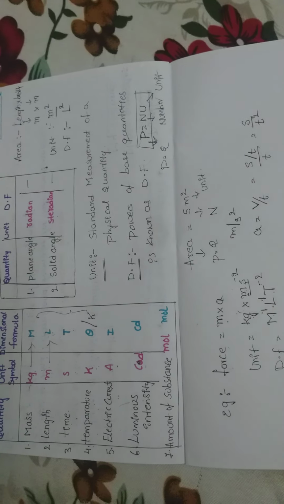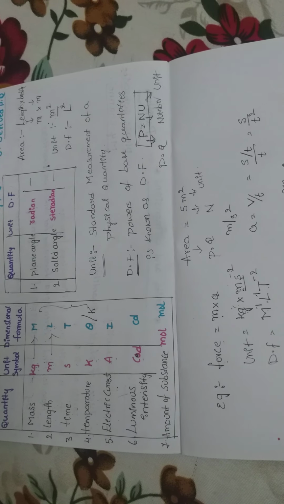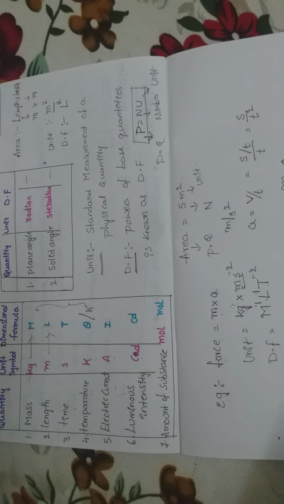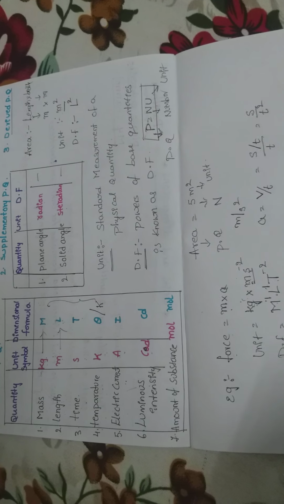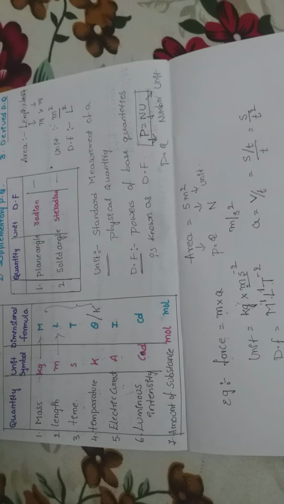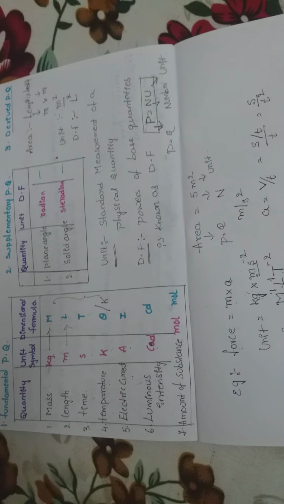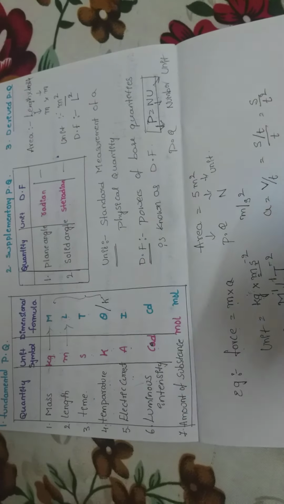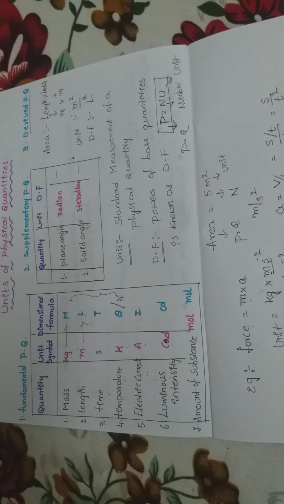Like that we should write the units and dimensional formulas for derived physical quantities. All of you understand? But one thing we should remember here: to write the units and dimensional formulas for a derived physical quantity, compulsorily we should know the formula. Without the formula it's impossible. Formula is mandatory. Okay? First everyone has to understand these basics, then only will physics be easy for you. These are all basic concepts.